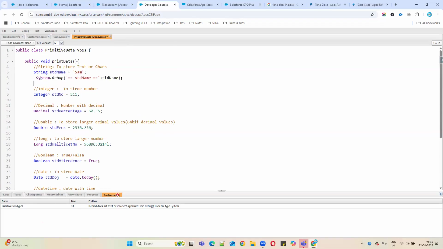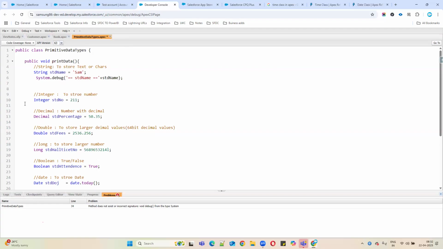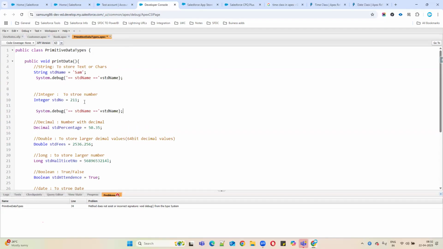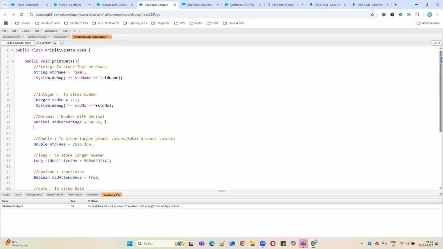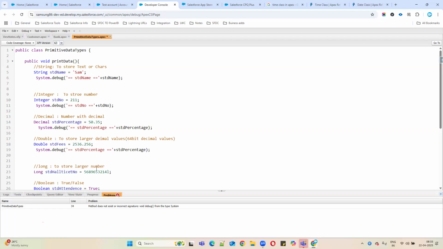First I'll print the student name, then the integer student number, student percentage, student, please,